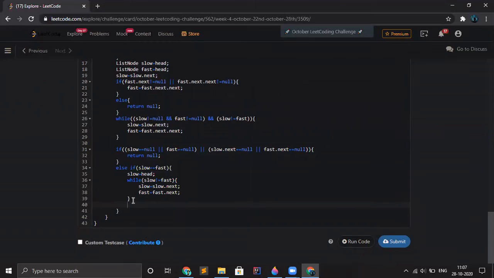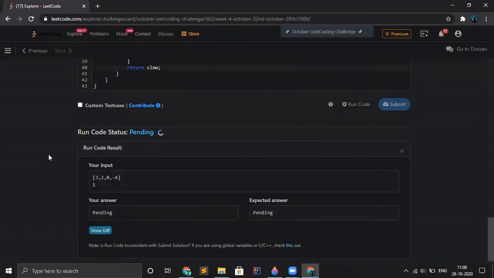At this point, it means we have reached the starting point of the cycle. So we simply return slow here. I think this is pretty much it: if, else, while, if, else. So now let's run the code.